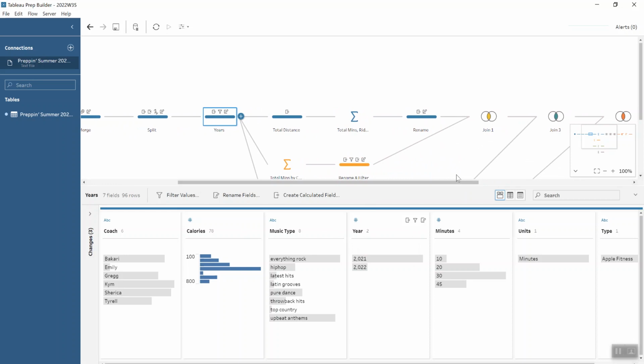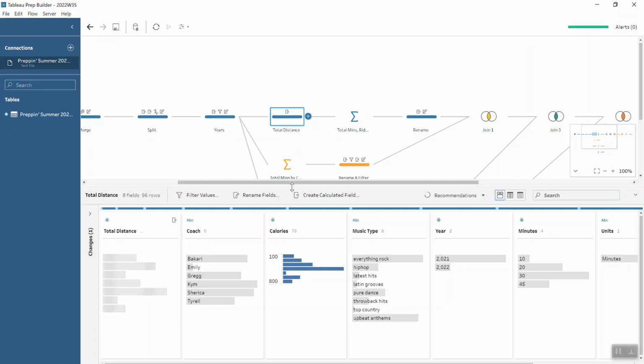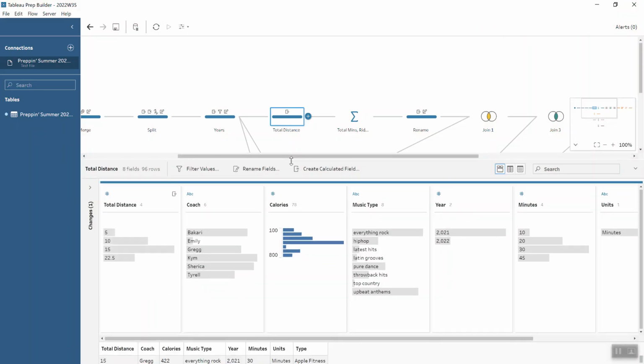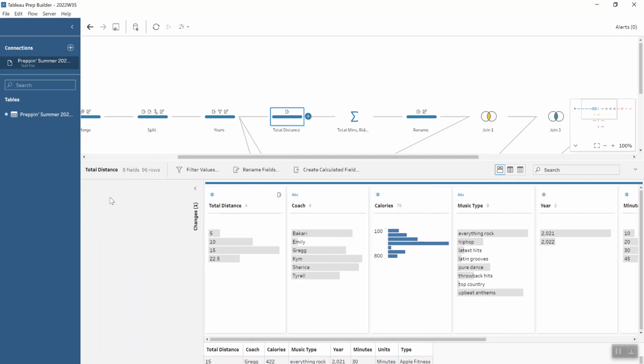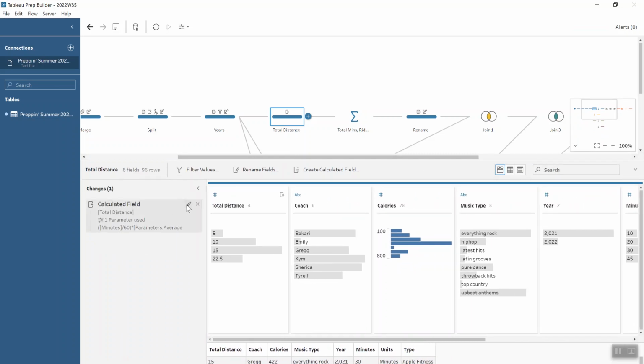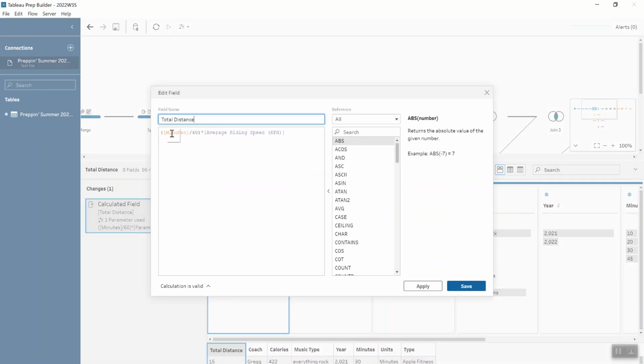Okay, so we had multiple aggregations that we wanted to complete here. So to get the total distance, before we go into aggregating the total minutes, total number of rides, and so on and so forth, we need to work out the total distance. And the way that we do that is by using our parameter. So we do our number of minutes over 60 times by the average speed, and that is chosen in a